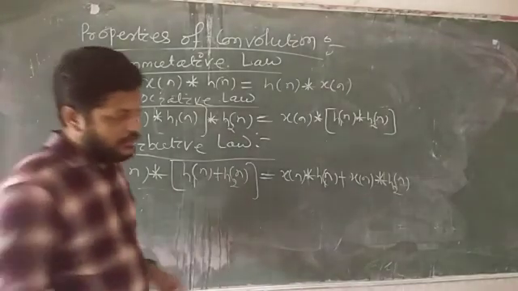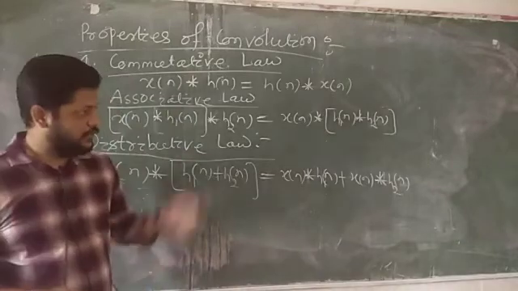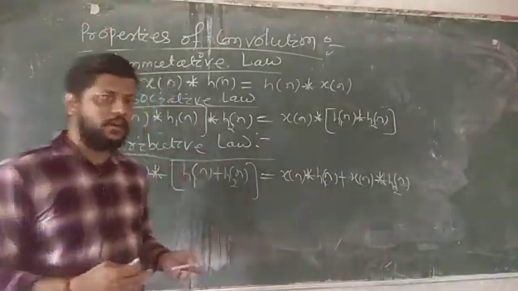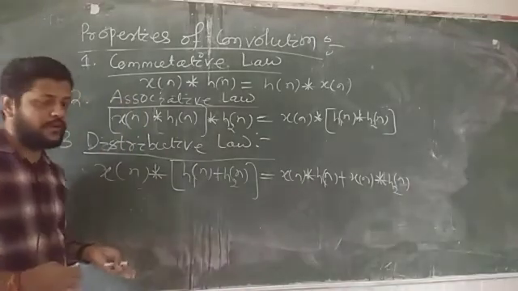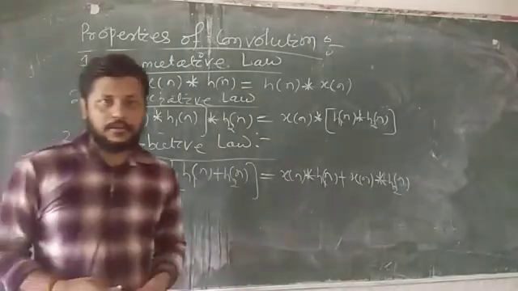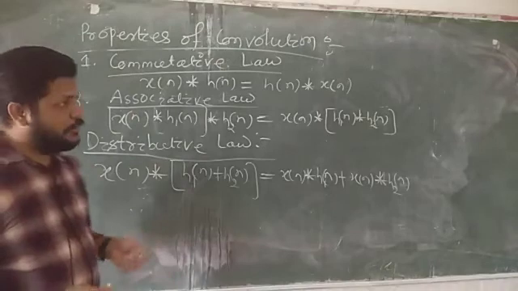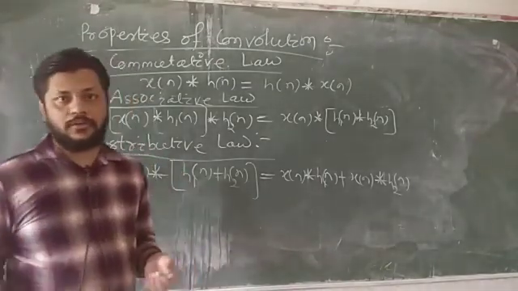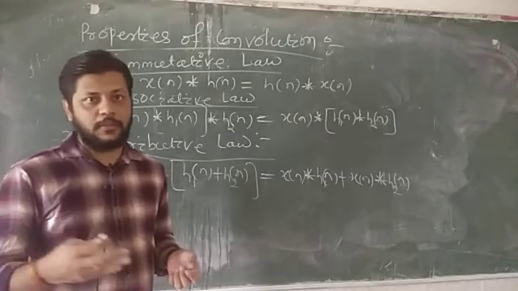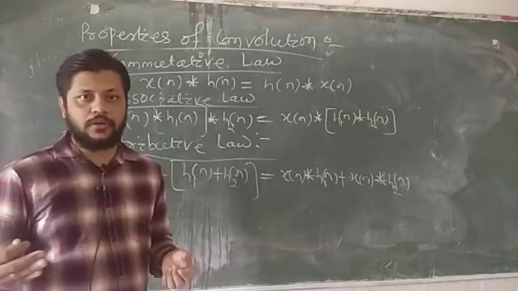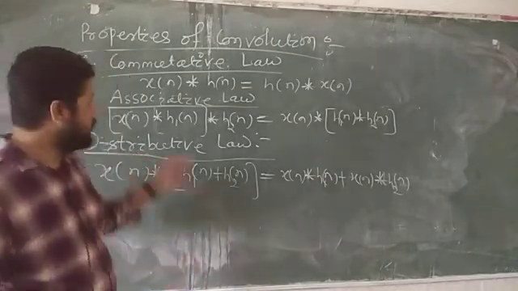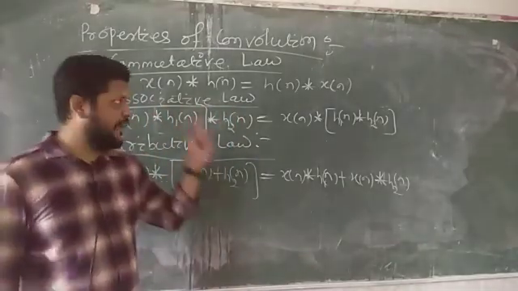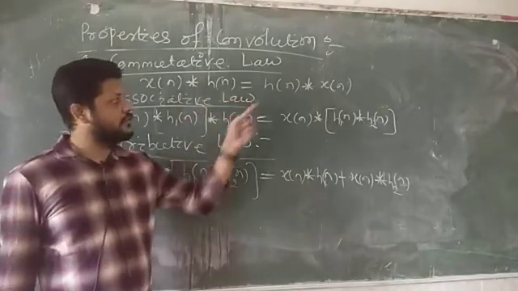So the properties of convolution: just like multiplication, convolution is also a mathematical operation, and it obeys these three laws: the commutative law, the associative law and the distributive law. The commutative law, just like in multiplication, a into b is nothing but b into a. Suppose 2 into 3 is always equal to 3 into 2. Just like that, convolution also obeys the commutative law, that is xn convolution with hn is equal to